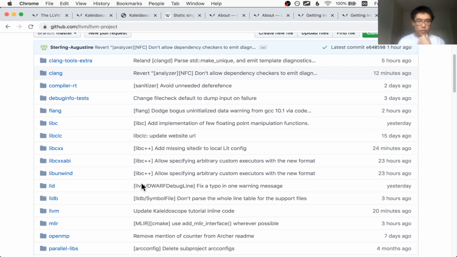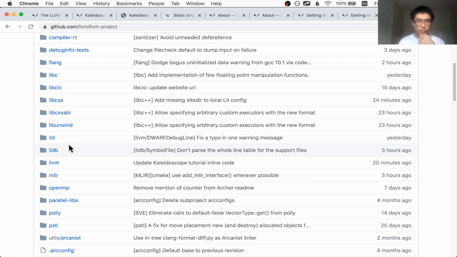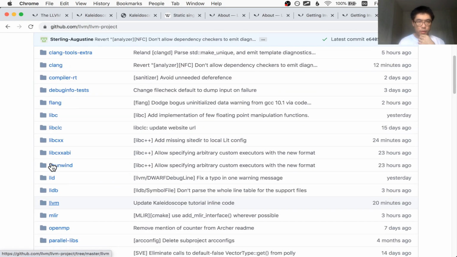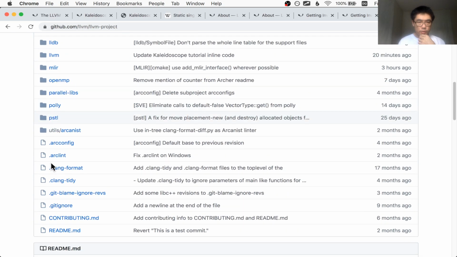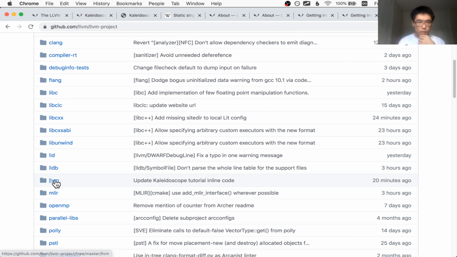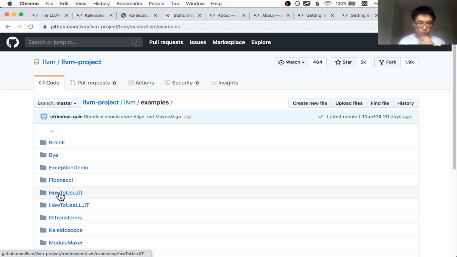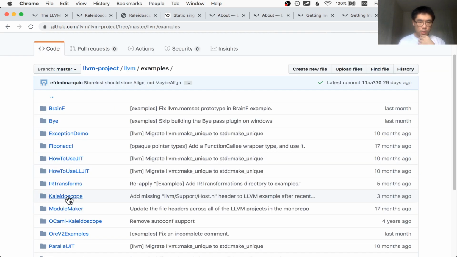And you can clone this entire directory. There's a lot of stuff in there, but if you don't want to clone it, I believe you can go into the examples directory. Maybe within LLVM. Yes. So LLVM project / LLVM / examples / kaleidoscope